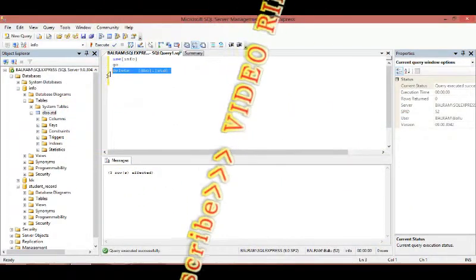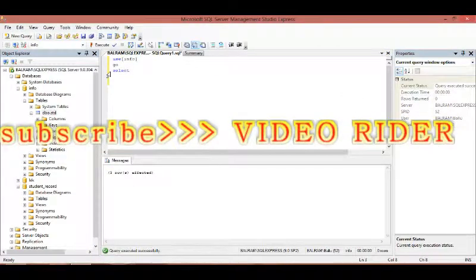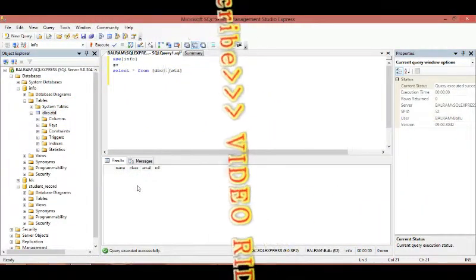And here, select star from dbo.std, and now all the values are deleted from the table.